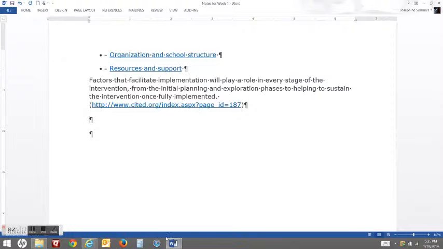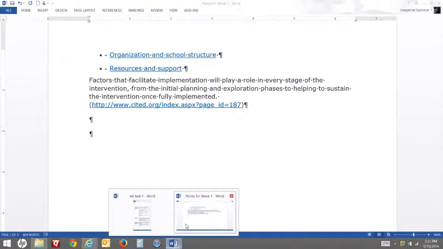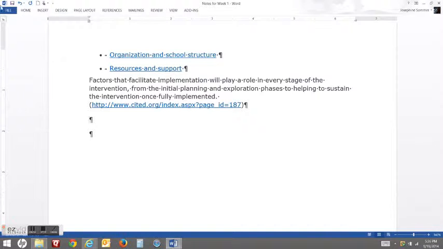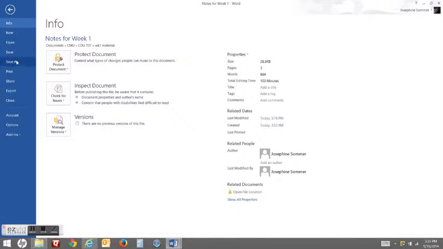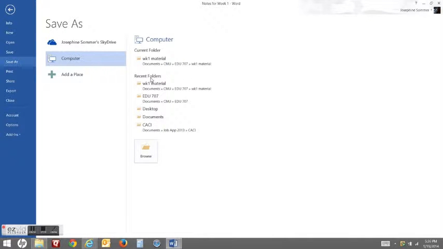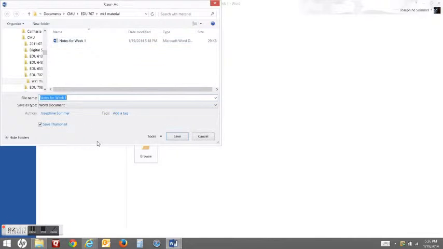So right now I am going to save my Word documents, so when I come back it'll still be there. And I'm going to save it with my other materials that I've collected.